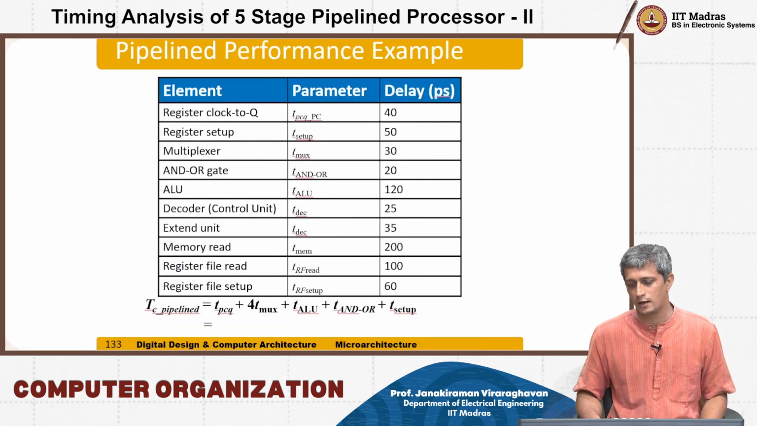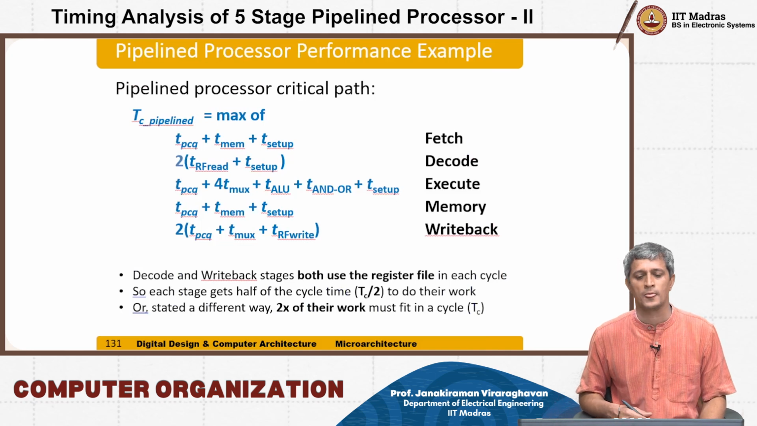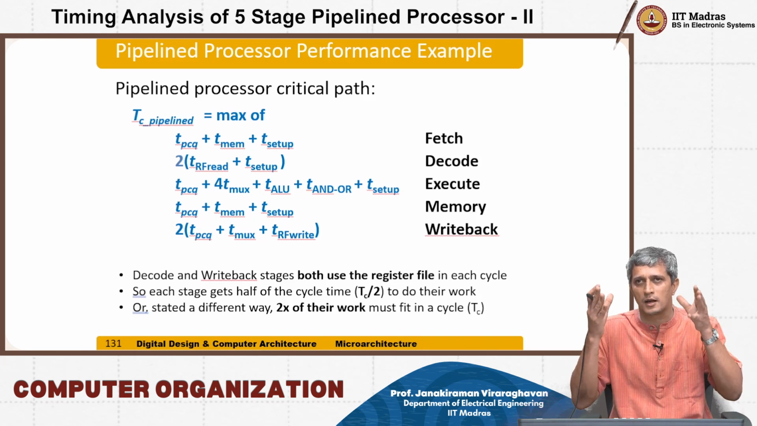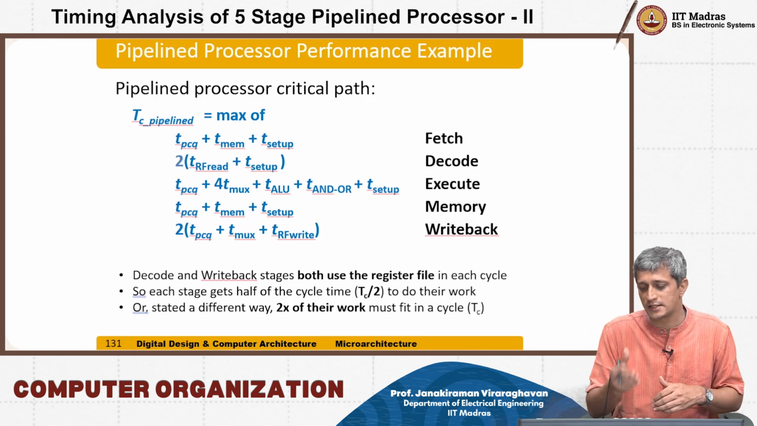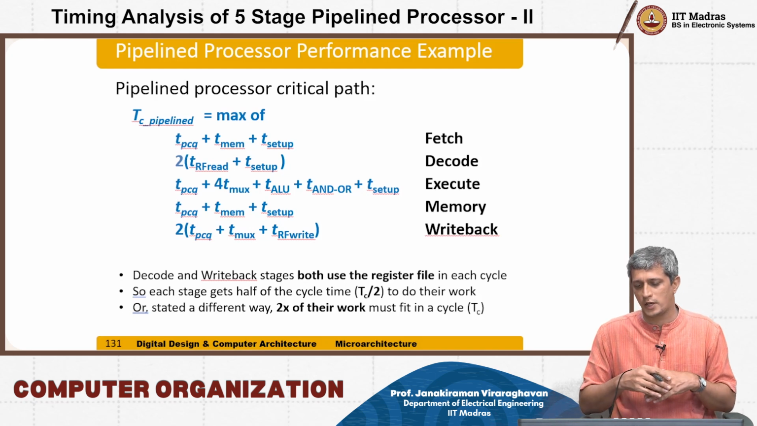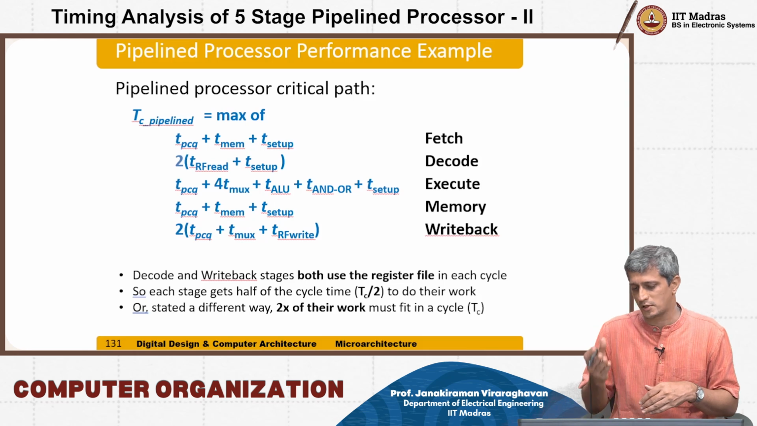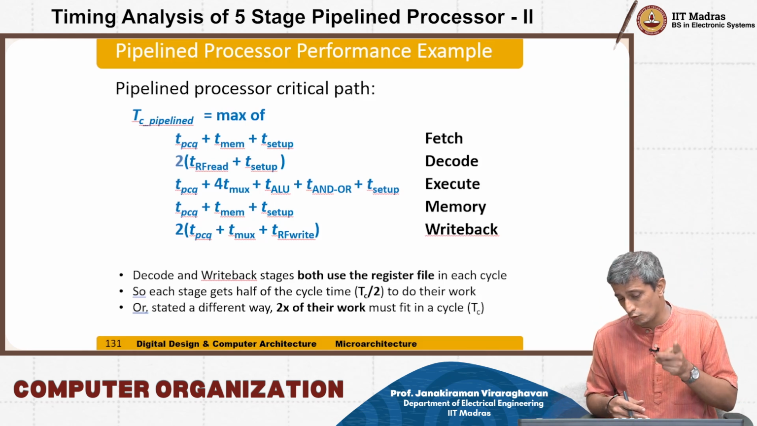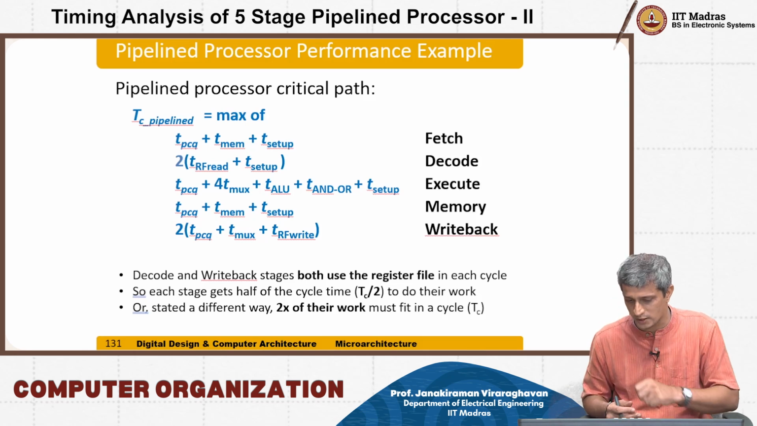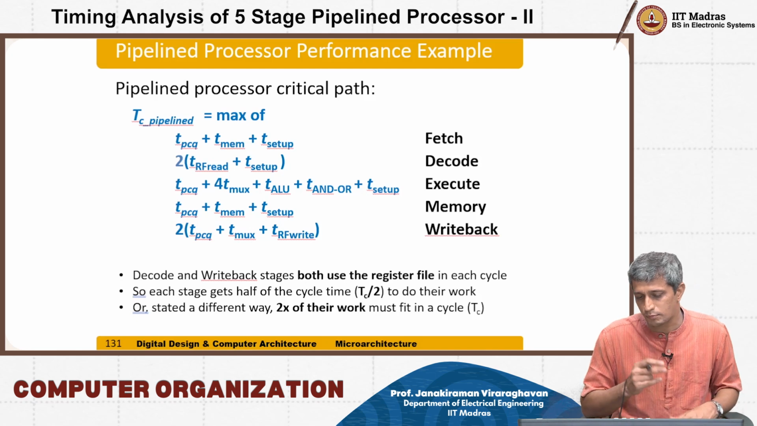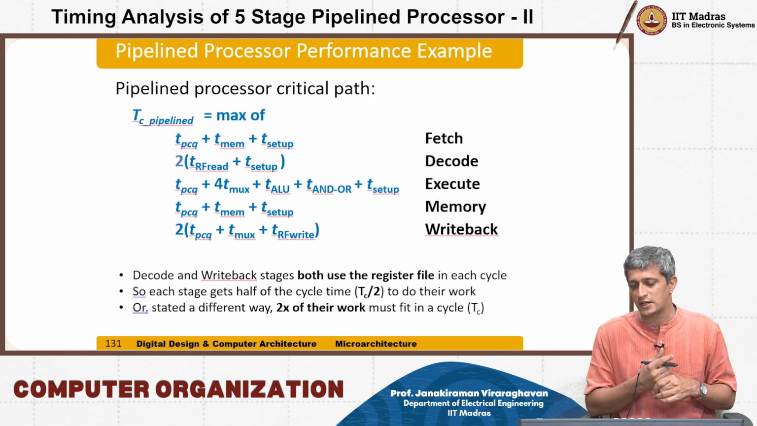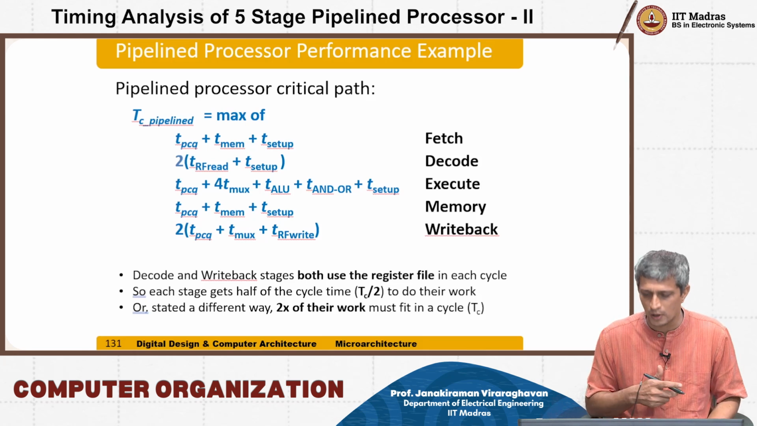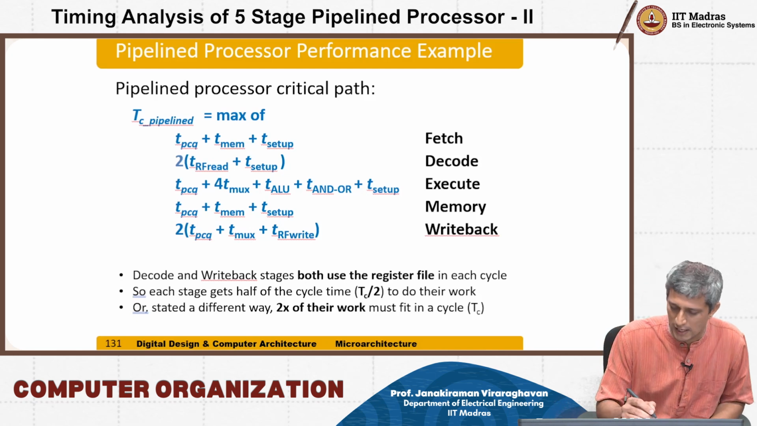Therefore, in summary, if I put all of this together, the pipelined clock period is going to be the maximum of the critical path delays for each of these stages, which is exactly what we have shown here. For write back, it is TRF write, twice TPCQ plus T mux plus TRF write. For data memory, it is TPCQ, T mux, T setup. For execute, TPCQ, 4 T mux, TALU, T AND OR plus T setup. Decode is very similar to write back except that there is no TPCQ: 2 RF read plus T setup. Finally the fetch is again very similar to the data memory read. It is TPCQ, T mem and T setup,